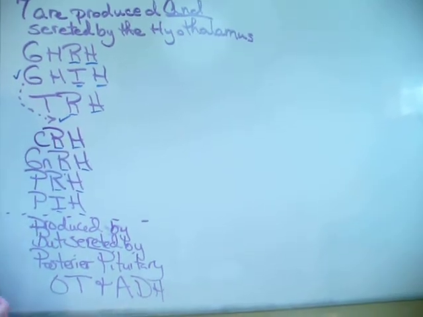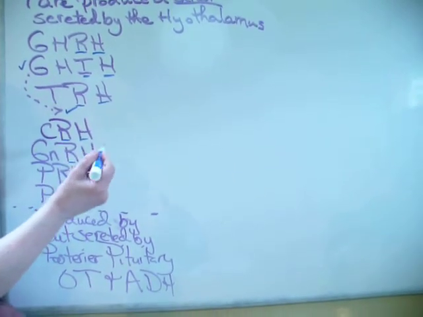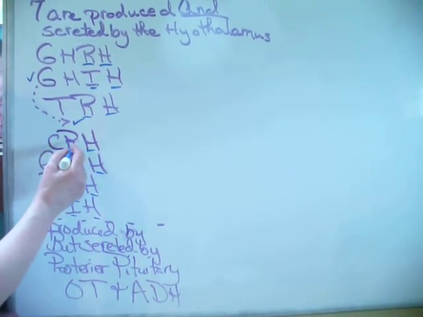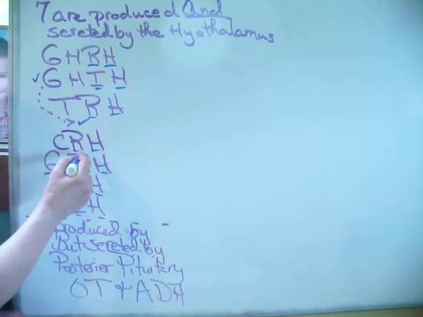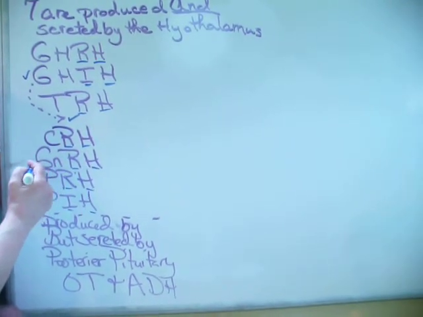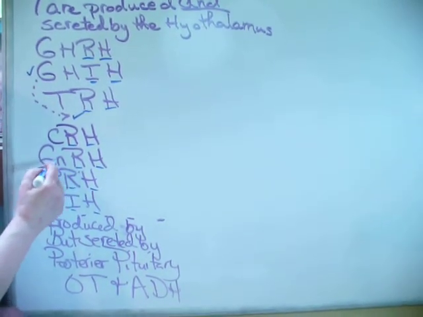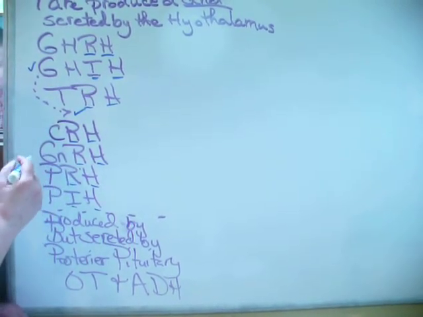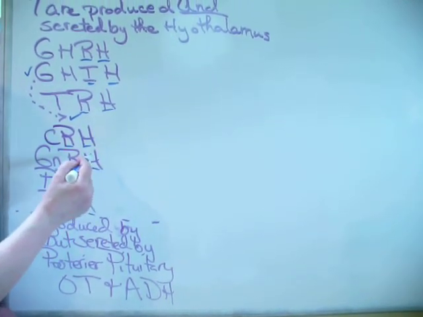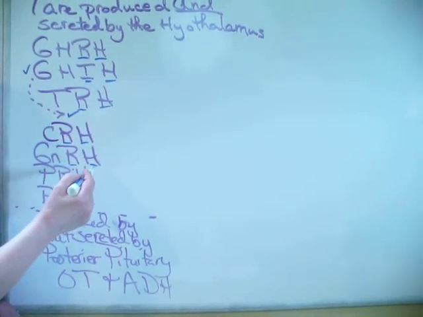Corticotropin releasing hormone is the one that stimulates the anterior pituitary to produce and secrete ACTH, or adrenocorticotropin hormone. GnRH is gonadotropin releasing hormone, and it stimulates the anterior pituitary to produce FSH, which is follicle stimulating hormone, and